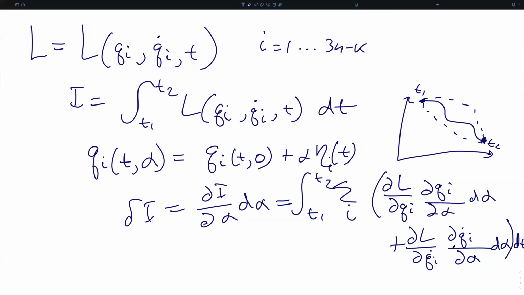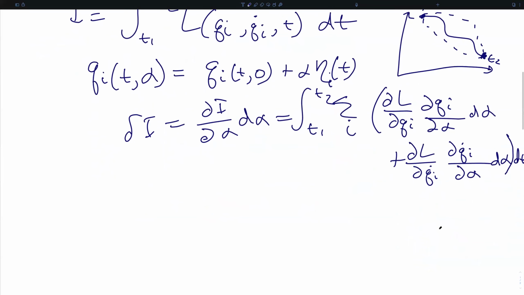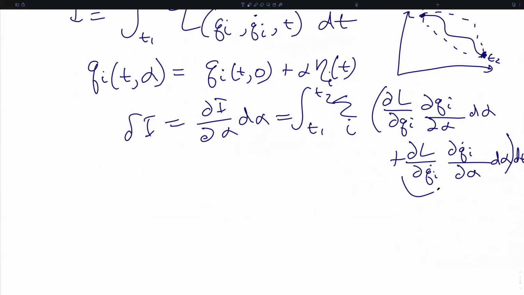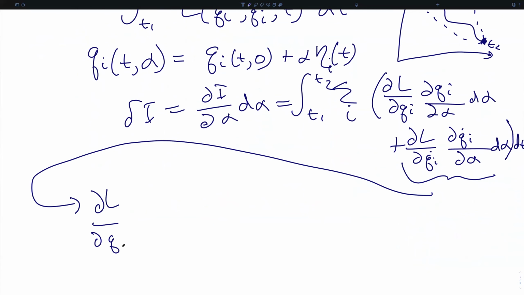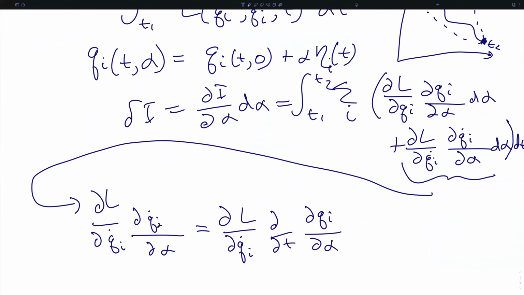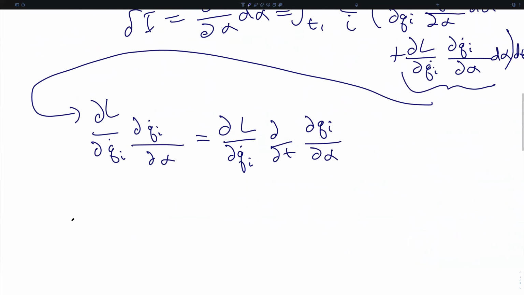We can take the second term and further rewrite this. So we're going to just focus on this bit, go over here, and rewrite this, taking the fact that qi dot is the time derivative of qi, and we've just pulled out that partial in time out of this term. That means that we can now put this back into the original expression, and we have something that we can integrate by parts. So integrating by parts, what we find is